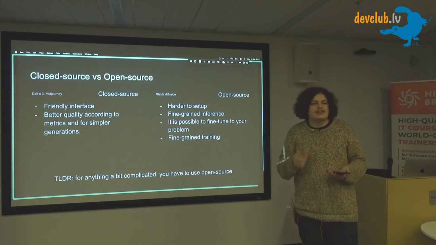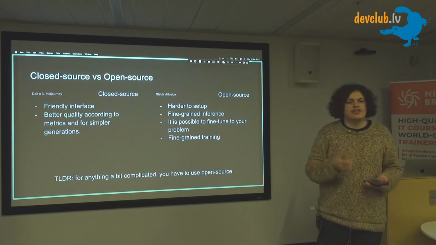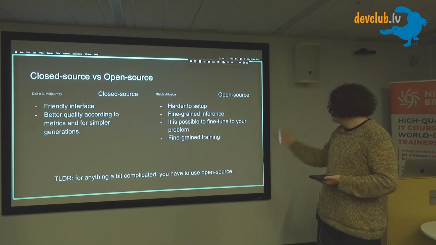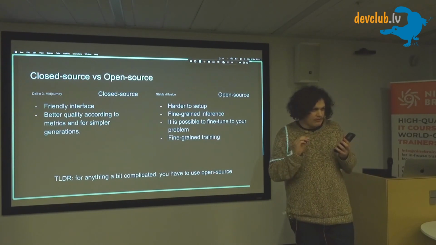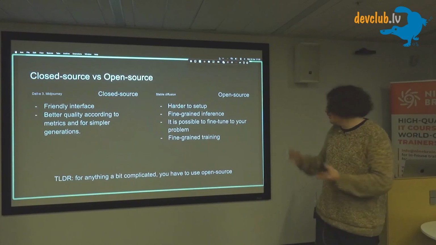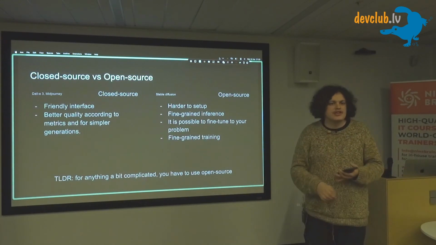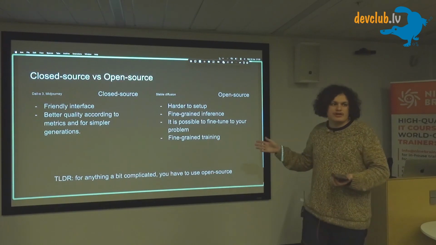But because of the ability that you can tweak all the parameters, because of the ability that you can fine-tune the model, the open source wins. So for all more sophisticated pipelines, the only way is open source. In open source, there's Stable Diffusion, there's Kandinsky, there's a lot of different models. I do recommend just using Stable Diffusion as a mainstream.